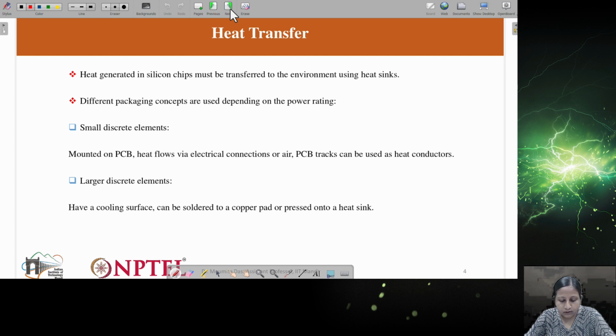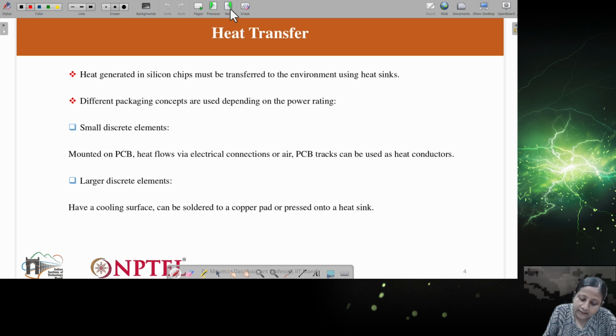Now you can see, if this heat is generated in the converter due to different parameters present in the converter, either parasitics or the actual, then we need to find a way to transfer the heat. As I told you, if some temperature is specified in the data sheet, we always have to make sure the device is operating within that temperature range. Okay, so if the temperature is more, we have to find a way to transfer the heat to make sure the device is operating in the given temperature range.